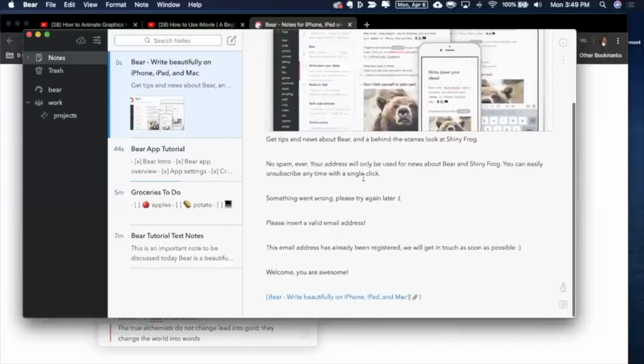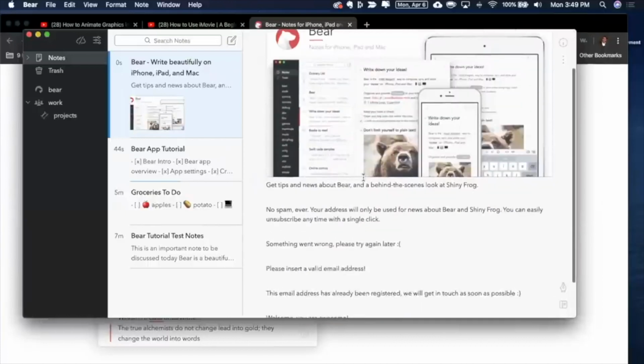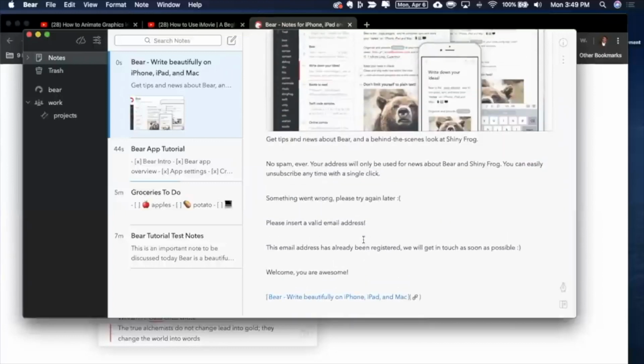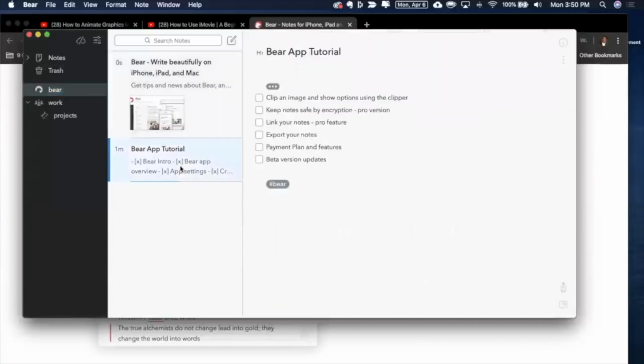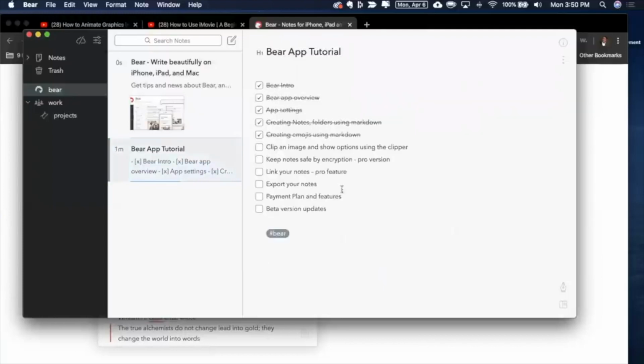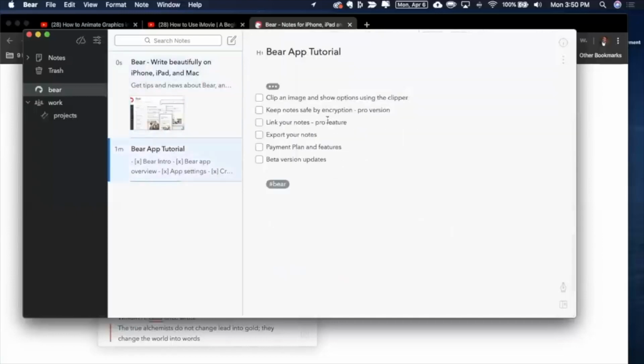Now, this is a new note which has got created. Beautiful interface and easy to read. Now I want to tag it and put it in some folder. If you see out here, I have already created one tag for beer. So I can just go over there, it pops up, and beer. Now, if I go to beer, I have these 2 notes. One was the tutorial notes where I have all these things available. And then this is my clipped image. So I go over here and I'm done with this also.